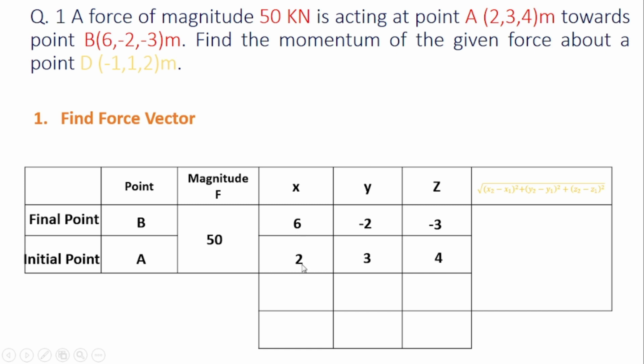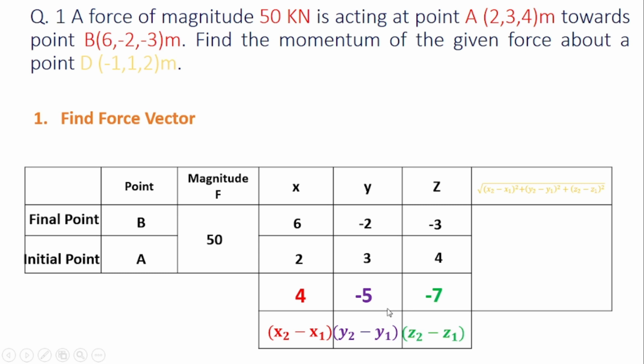Simply you have to subtract 2 from 6. So it is 6 minus 2, which is equal to 4. Minus 2 minus 3, that is minus 5. Minus 3 minus 4, that is minus 7. So in this way we can easily calculate the values of x2 minus x1, y2 minus y1 and z2 minus z1. I had specially prepared this table format for you